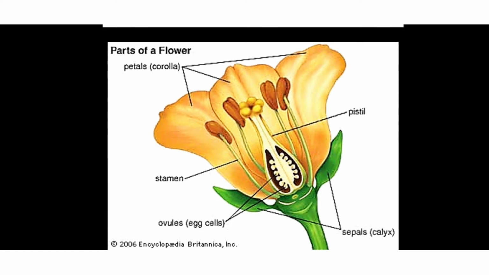In the previous video, we have learned about the parts of a flower. There are 4 main parts for a flower. That is petal, then comes the sepals, then the male reproductive part stamen, then the female reproductive part carpel or pistil. Now we are going to learn how pollination happens, how the pollens are reaching the female part, and how these female cells and male cells are joining together to form seeds, and how these seeds are becoming a plant. Ready to go?